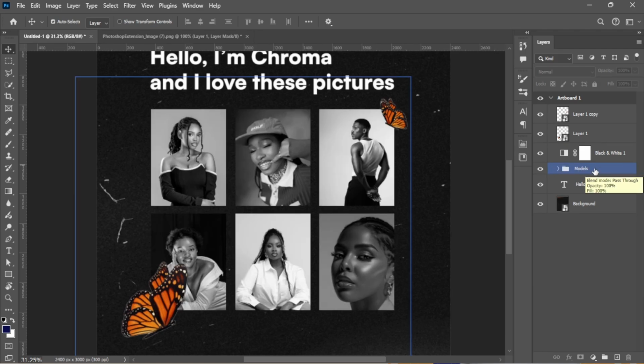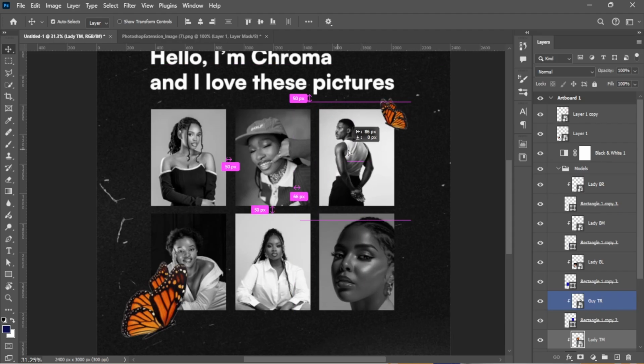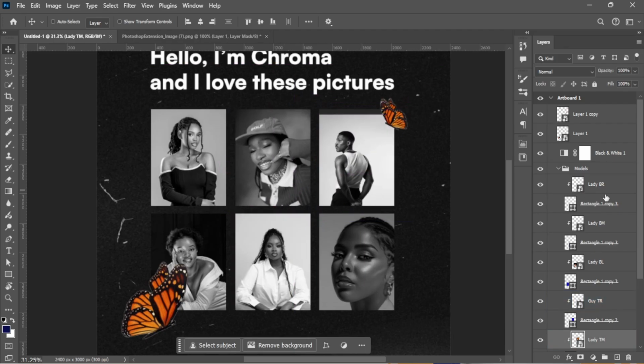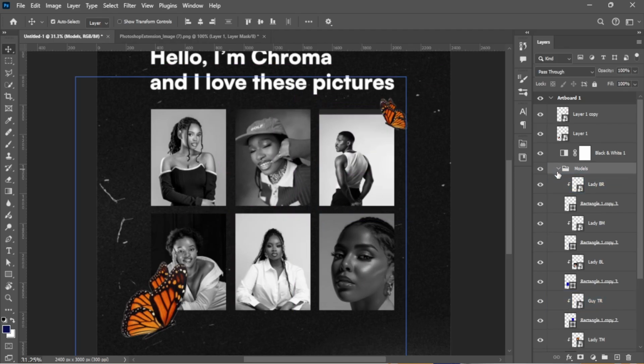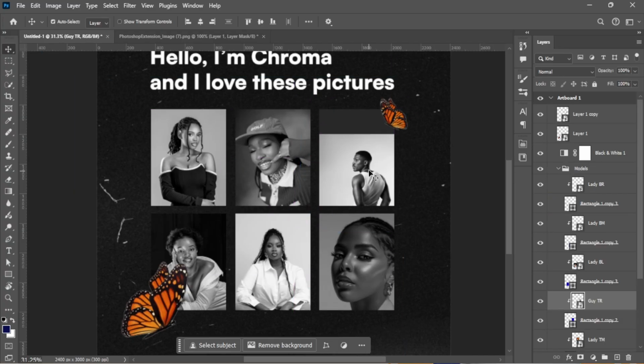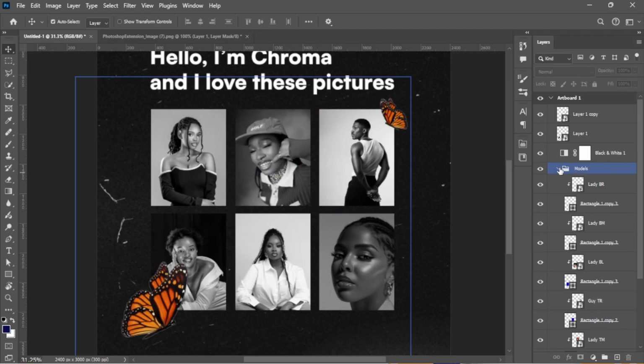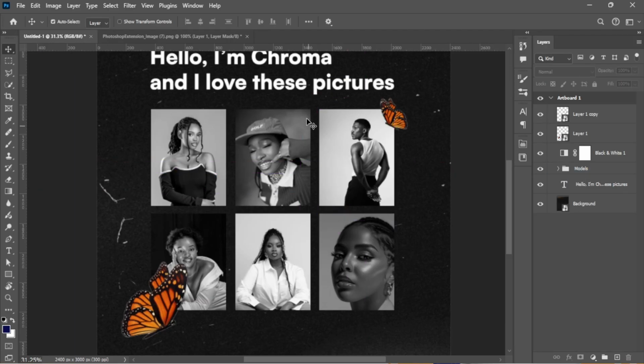Now I can apply the same effects or changes to everything together because it's now in the group. Now you might ask, well, if they are in a group, we should be able to move everything together. That's what makes sense, right? But if you click on one of the items and try to drag it, it's just going to open the group and you have only that item selected. So let's select our group, close it back,